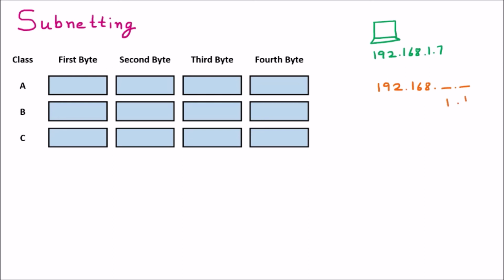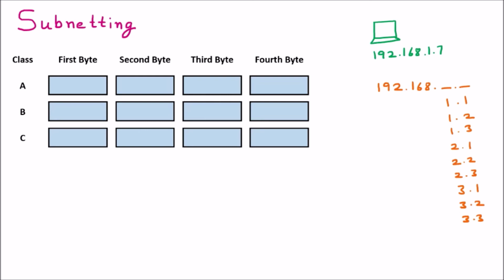Let us suppose we say 192.168.1.1. We assume that 1 is lab 1 and the first computer. Similarly, lab 1 second computer, lab 1 third computer, and so on. Similarly, we can take lab 2 first computer, lab 2 second computer, lab 2 third computer, and so on. Similarly, lab 3 first computer, second computer, third computer. Now this is our own logical representation. Maybe we are assuming that one part is for the lab and the other is specifically for the computer number.